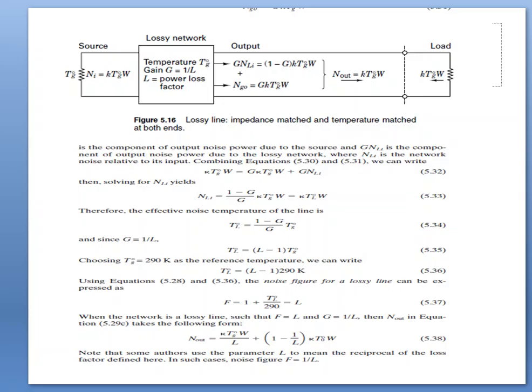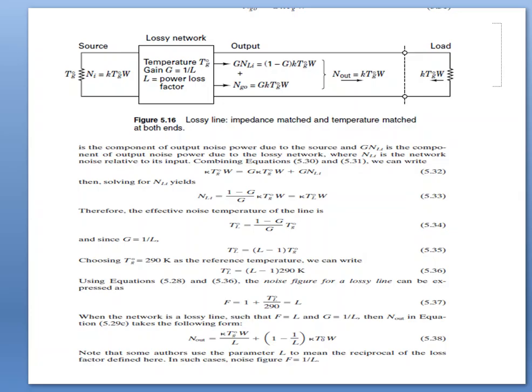Choose Tc equal to 290 degrees Kelvin. The reference temperature we can write as TL is equal to (L minus 1) times 290 degrees Kelvin. By the above two equations, we can conclude that the noise figure of a lossy line can be expressed as FL is equal to 1 plus TL divided by 290, that is equal to L,